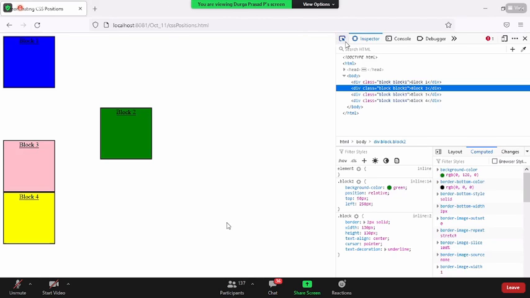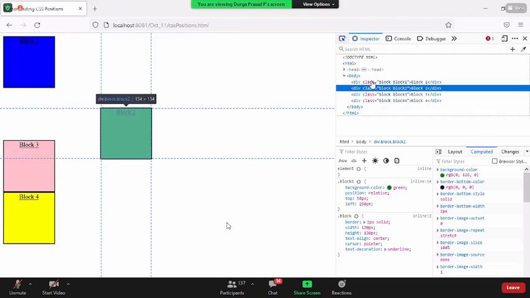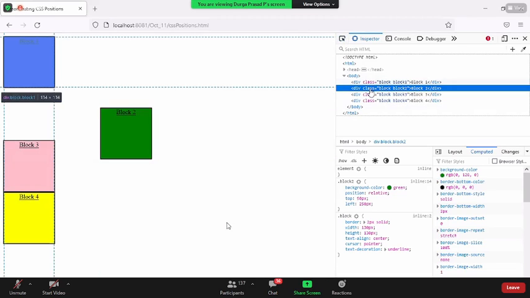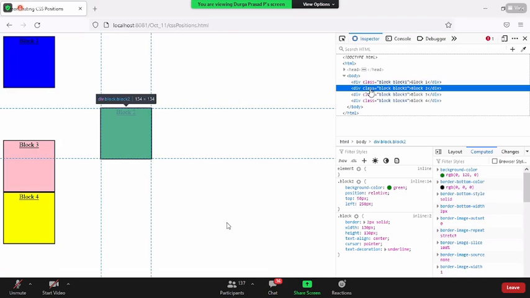Let us inspect this. When I'm inspecting this, do you see the element is taking any extra space? No. It is actually moving to the new position. It is not actually increasing its dimension. Now, when you give the margin property, you are feeling like it is moving, but actually it is not moving. It is increasing its dimensions.